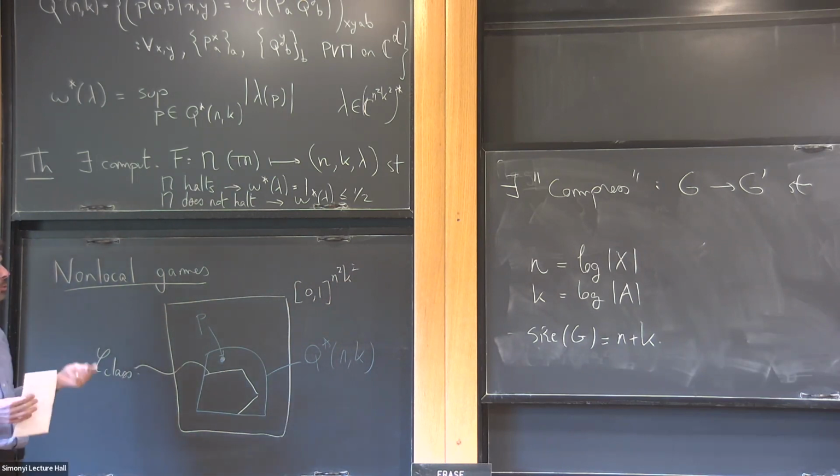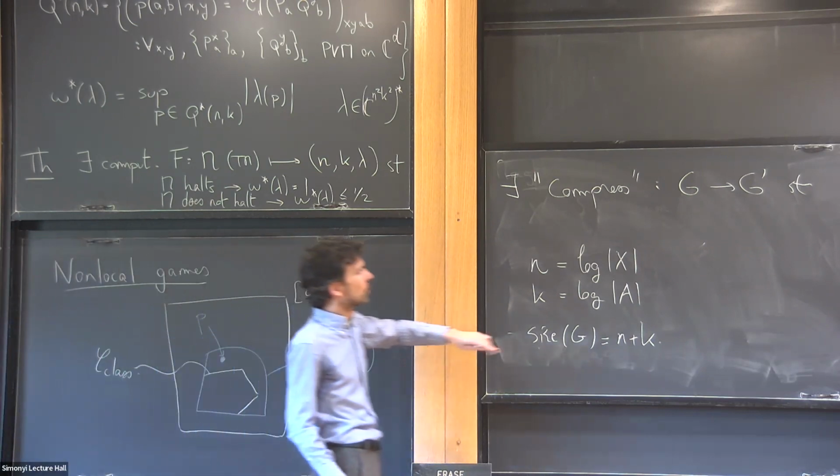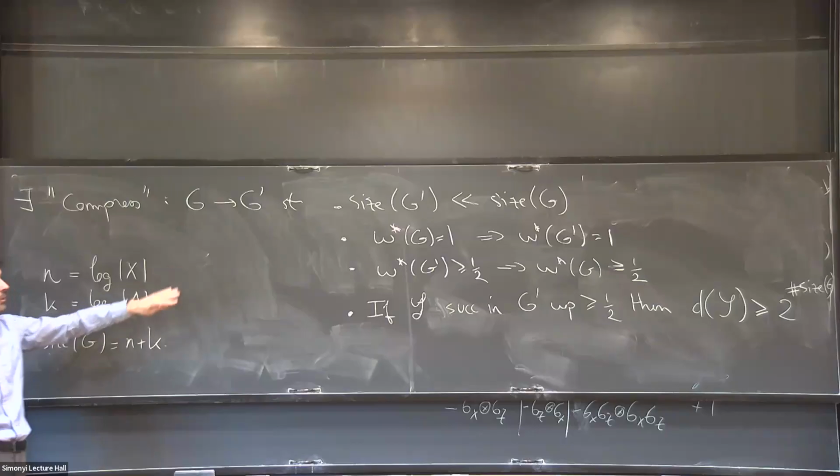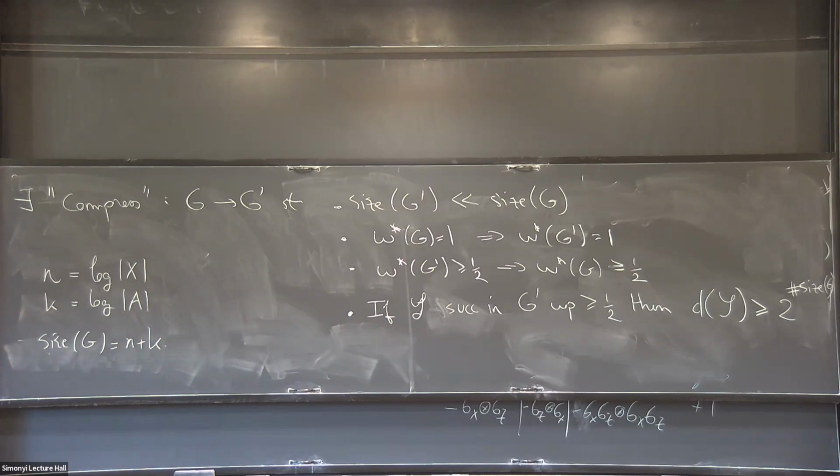I kind of want you to believe that if we've managed to establish this kind of procedure that keeps the game simple, or keeps the linear form simple, but increases the complexity of the point that's used to witness this fact, the fact that the omega star is 1, then we're on the right track. All right.